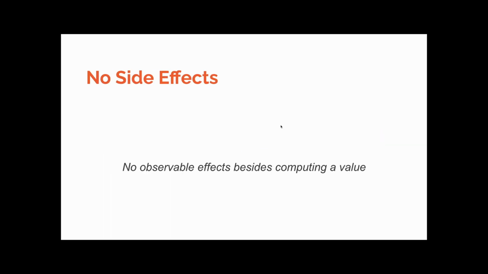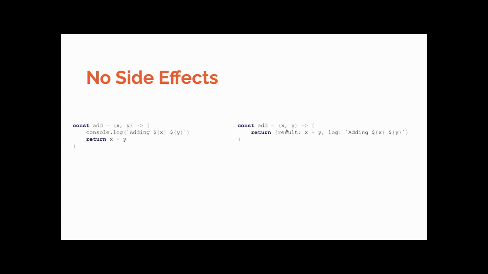Okay, so the next one is that the function must have no side effects. And pay attention to the words no observable effects besides computing a value. There's a lot of debate about the no side effects thing. I'll talk about it a bit using the example that I have here. So what we have on the left-hand side is not a function. It is a function because it is using